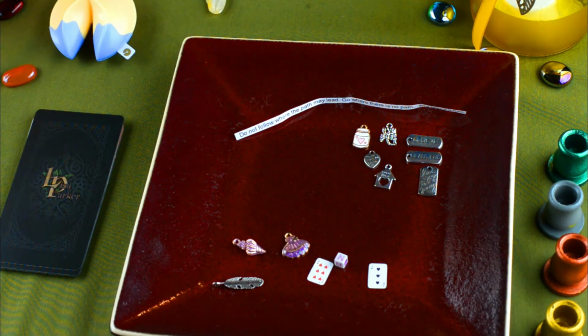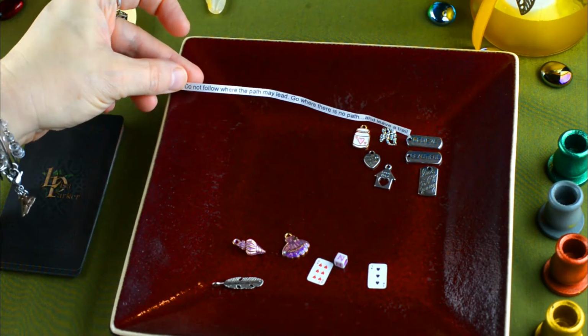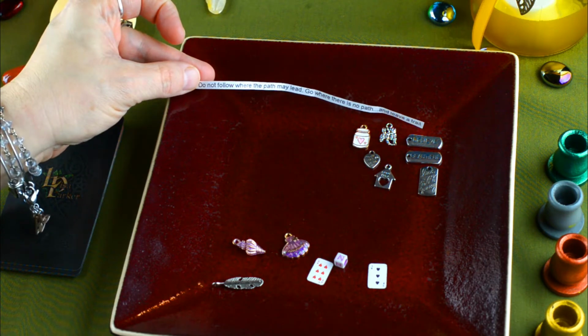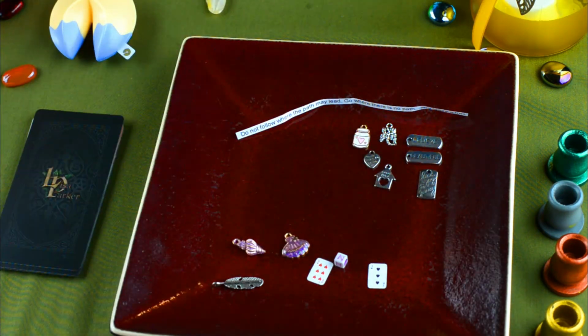Okay, what I like about this message going on here is don't follow where the path may lead, but go where there is no path and leave a trail. And then find joy in the journey. I like those two together because